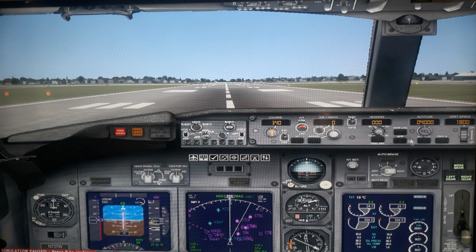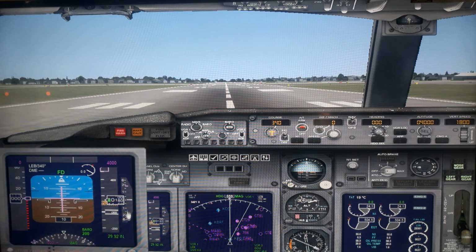Now let us go left. This is the vertical speed. This is the speed from ground to 4,000. Now it is set. We can even change it. Now I'll set it as the default, 1800 feet per minute. That will be red here. This is the vertical speed tape. Now it is showing horizontal, zero. When you are taking off, you will see this needle will go up to 1800. See the mark here.